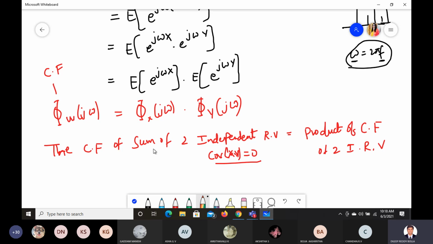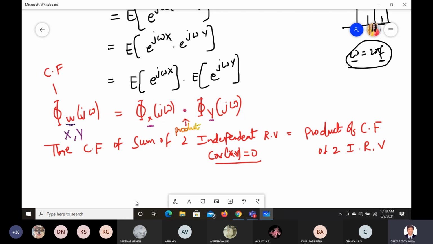What is the meaning of that final conclusion? See, this is the characteristic function for two random variables, here w with x and y, there are two random variables, correct? For that, if you are trying to find the sum of the two independent random variables, then it's going to be the individual random variables' characteristic functions multiplied. Is that clear? It is a product. So that's the conclusion of this.